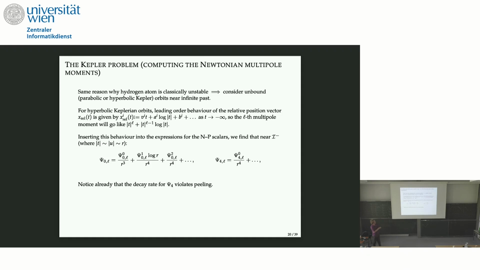Yeah, at the very end of the talk, I have a slide which does the same thing in the future in Bondi coordinates. But yeah, it's the same thing in the end. So you have, the G has a 1 term and a 1 over R term and then a log over R squared term. But maybe at the end of the talk, this will become a bit clearer.